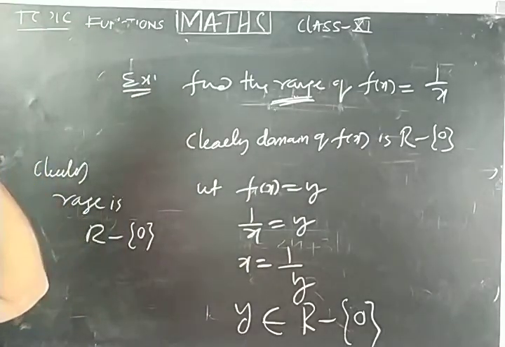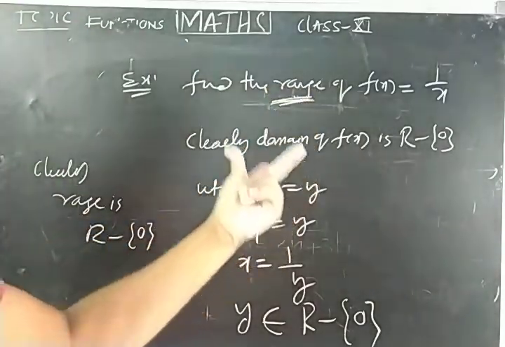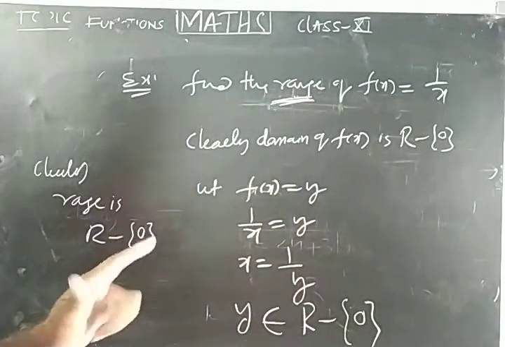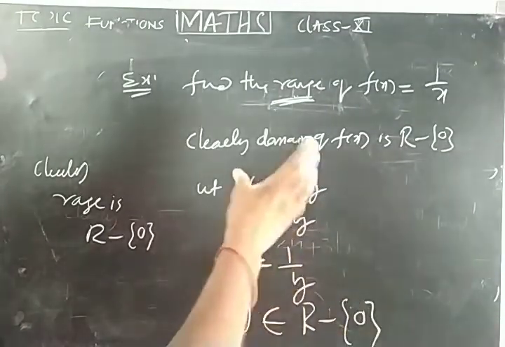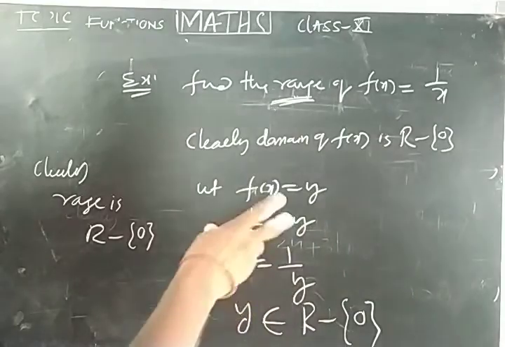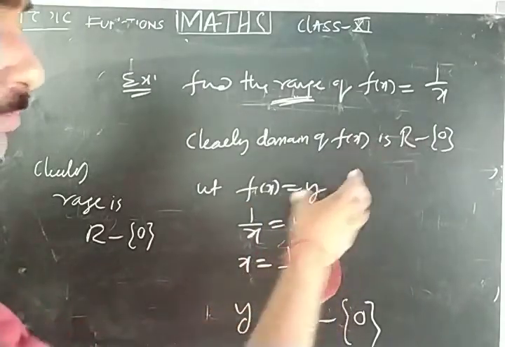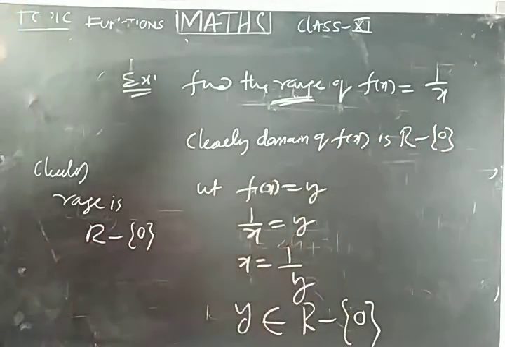Okay, these are the examples, and keep it in mind how I am finding the range and how I am finding the domain. Finding the domain is somewhat easy, but for finding the range you have to remember all the ranges of trigonometric functions and the process of how I am going to find it. For a trigonometric function the process is different, for a normal polynomial the process is different. Okay, right.